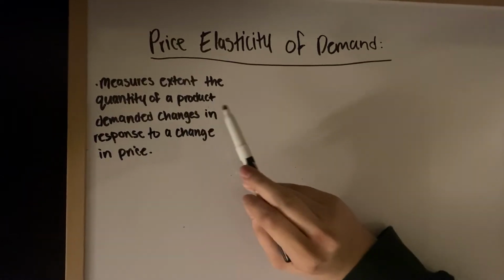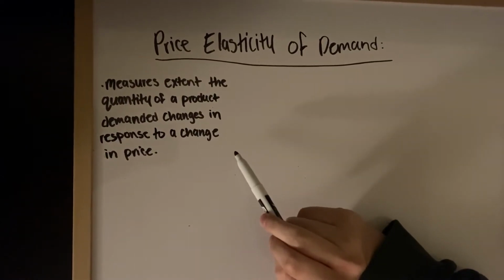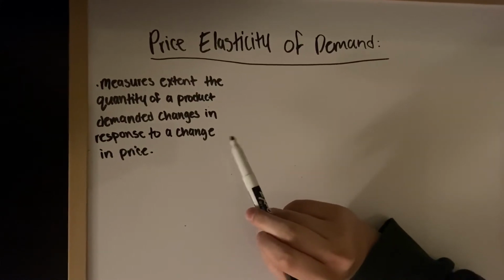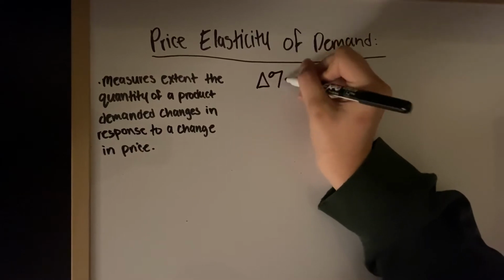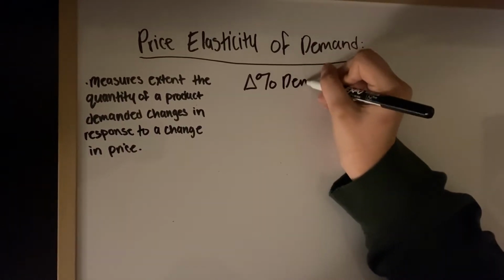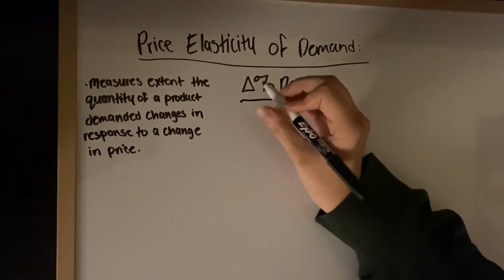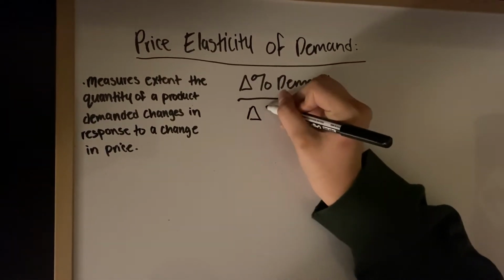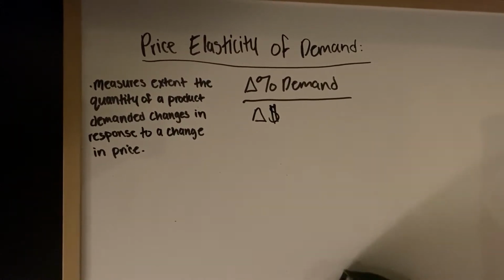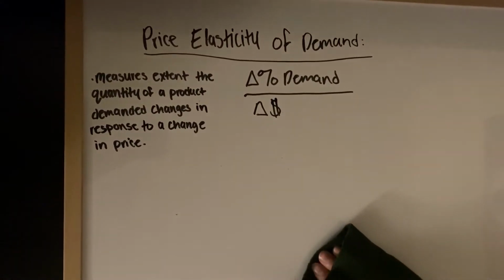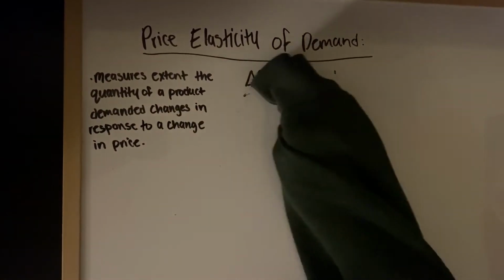So price elasticity of demand measures the extent the quantity of a product demanded changes in response to a change in price. So the formula looks like this. So here is the percentage change of demand over the change in price. So this affects total revenue because a change in price or quantity demanded will obviously affect the revenue of a